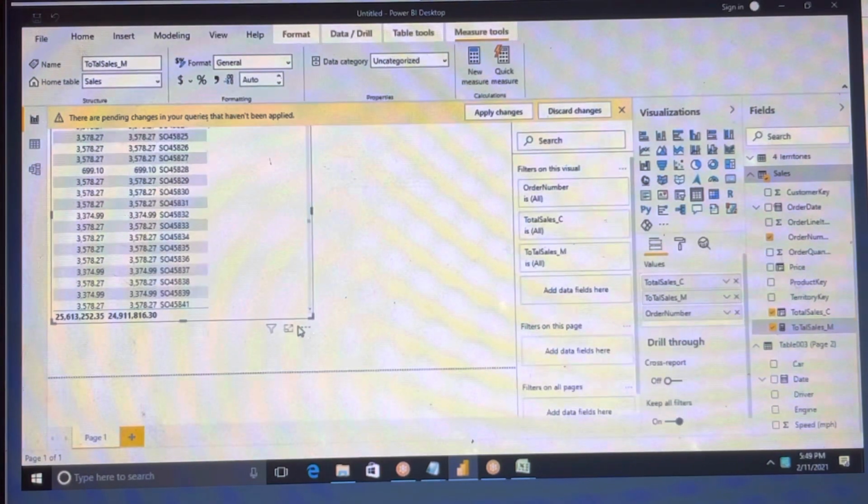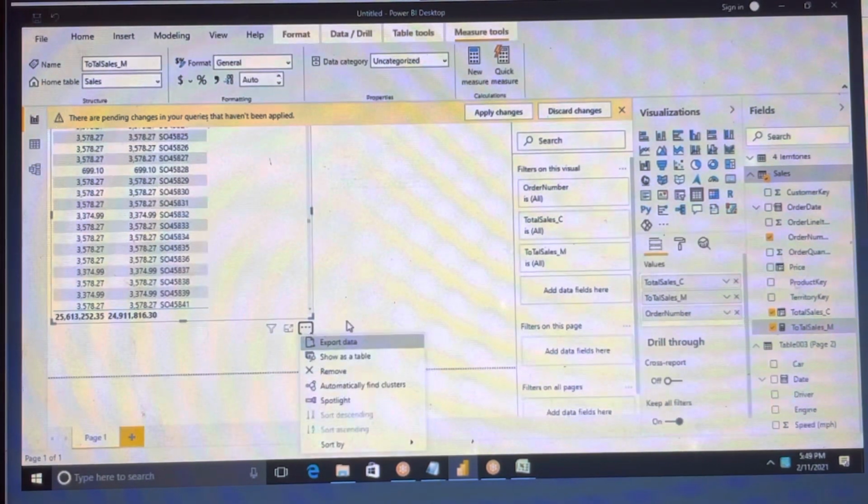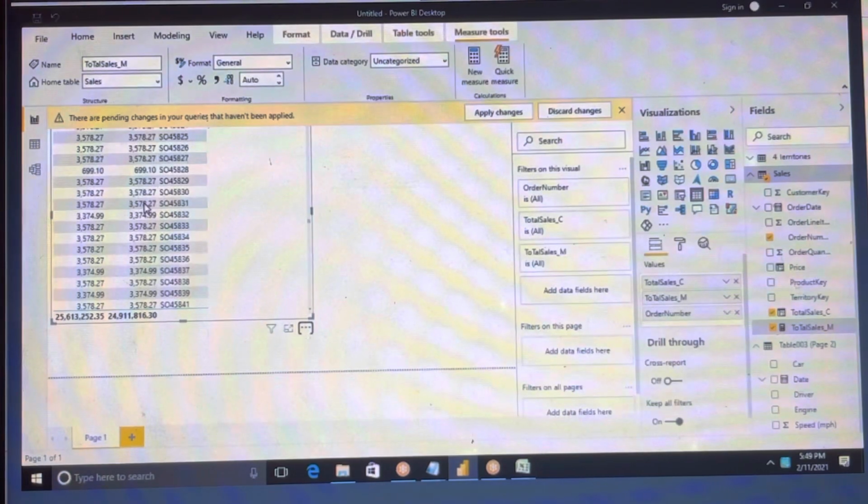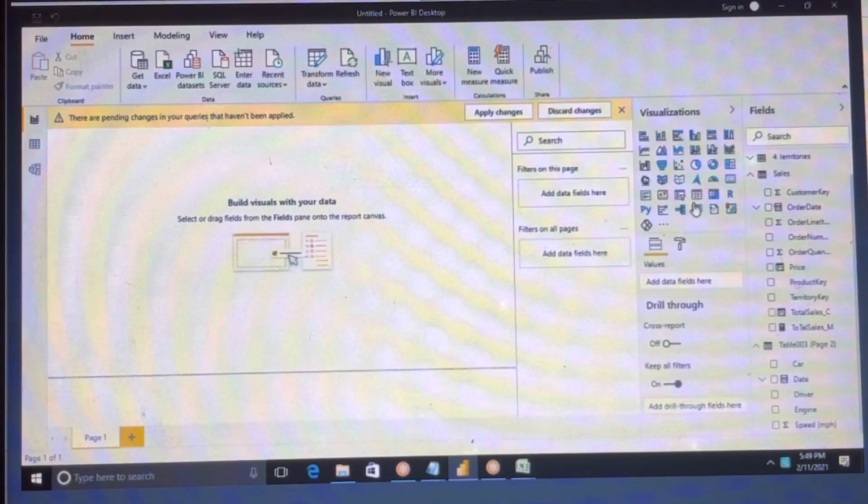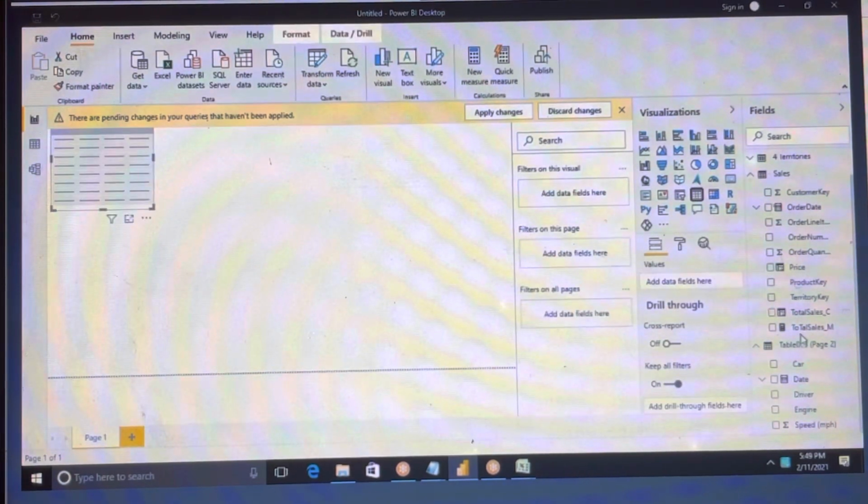Otherwise, what we can do here is take only total sales underscore M, that is a measure.